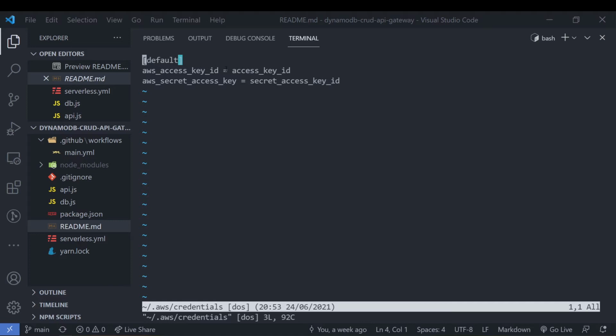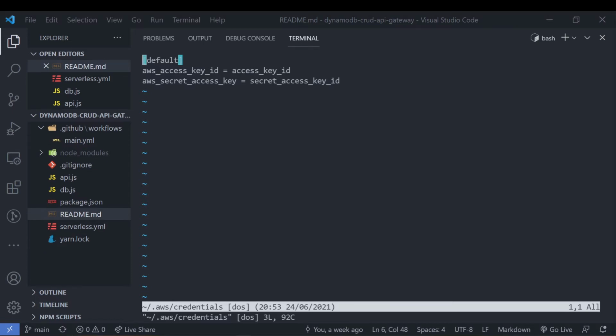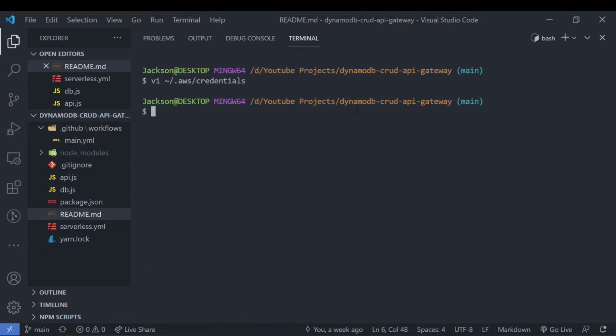The syntax and pretty much the format is all included on the AWS documentation page for the CLI. So you can just copy and paste that and create the file yourself. But of course, the CLI offers other tools as well that might be handy. So if you already have it, definitely feel free to use it. So now once the local credentials have been set successfully, we can close this off, and now we can actually